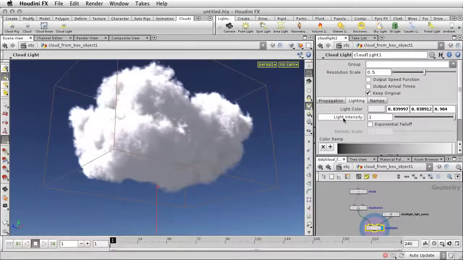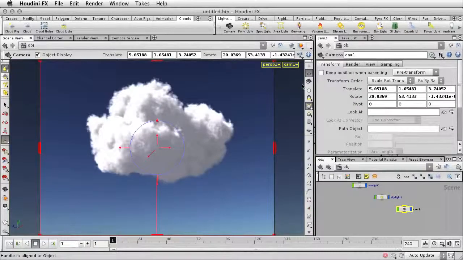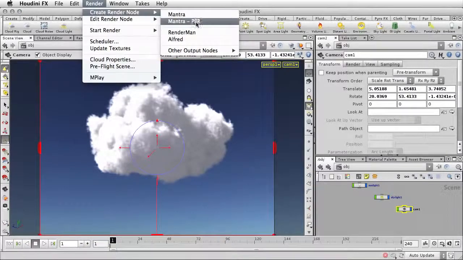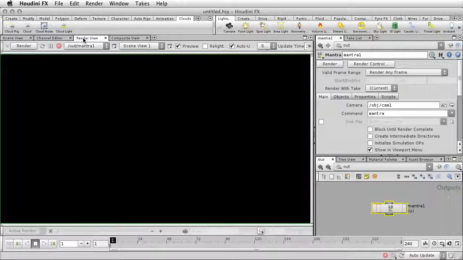Now, it'd be nice to render this out a little bit and see what it's going to look like from a rendering point of view. So we're going to add a new camera in. This is what it's going to look like through the camera view. And we're going to create a render node, Mantra PBR. Now, we're not going to use this here. We're going to go to the render view, and we'll say, give me camera 1, give me Mantra 1,